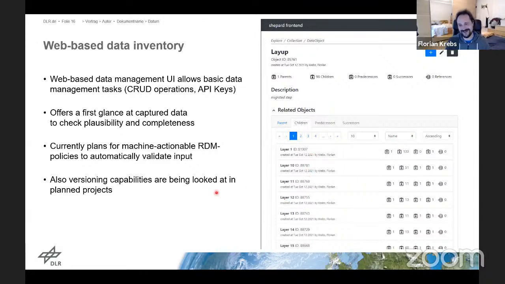I already opened an issue for that, but people are working on this. On the other hand, this UI is actually not meant for deeper analytics. It's meant for basic management tasks. On the one hand, of course, user management. On the other hand,